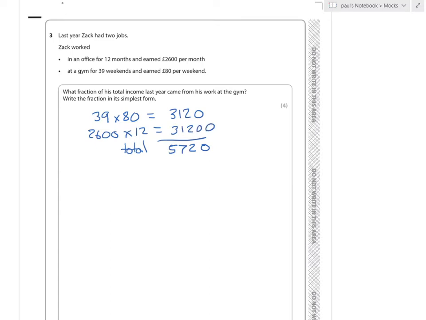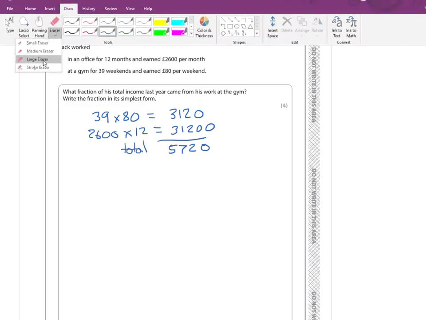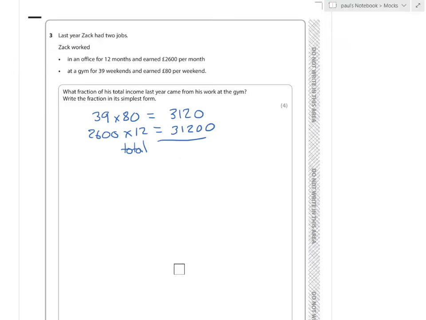Right, let's try and add those up. 31200 plus 3120 is 34320. So the fraction, the work at the gym, was